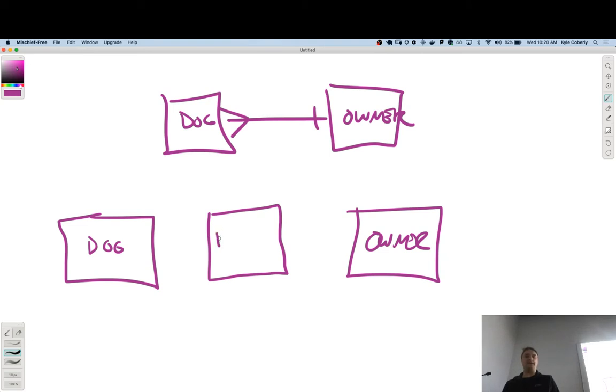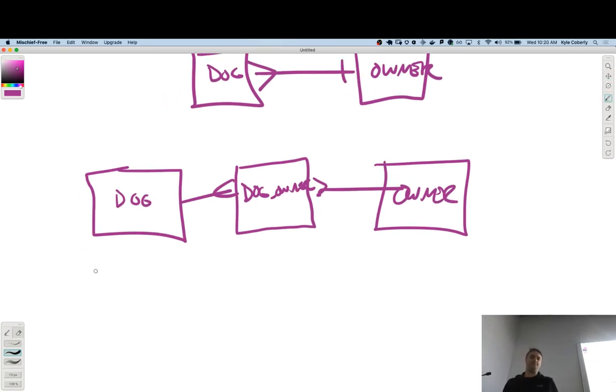But what's happening in this entity here is it's keeping track of every instance of a dog and an owner together. It's another way to look at this. Let's say I have a dog named Bixby and a dog named Mesa.